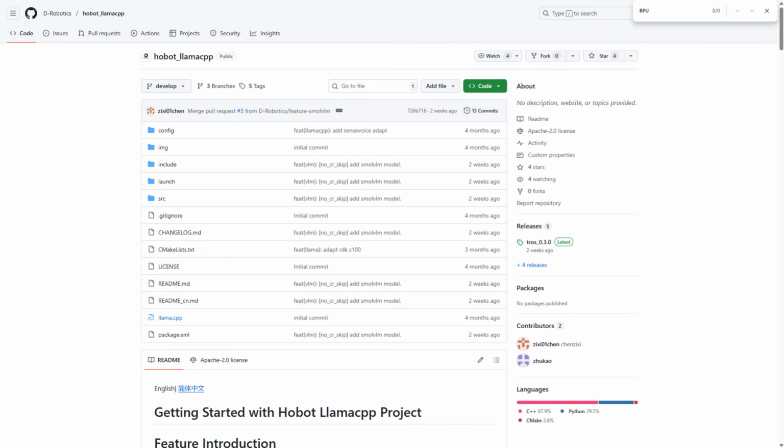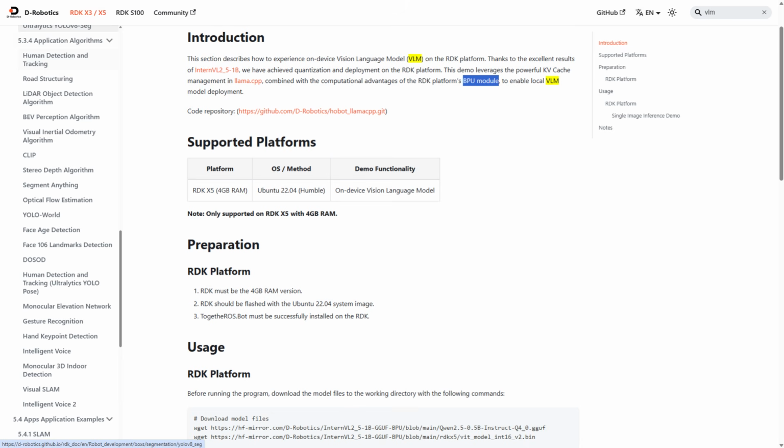It's me from the future. Actually, they have a pretty new repo, so probably when I initially played with this board, there was no documentation that allowed you to run VLM models. But it's pretty raw because it's running them through ROS, through Llama CPP, and the LLM part is on CPU, but for the VLM part, they are running this on the BPU unit. So at least formally, they have this ability,